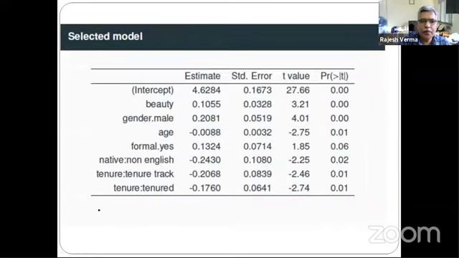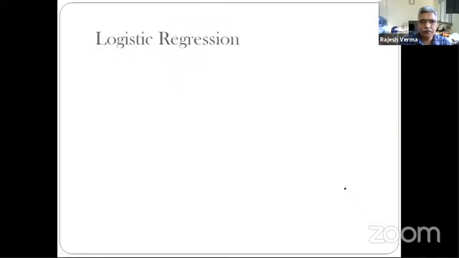So this way, we have found the final model in which these are the parameters, these are the variables included, and you can see that all of these p-values are similar. So this is how we do multiple linear regression. I will take up the demonstration in R on real data.